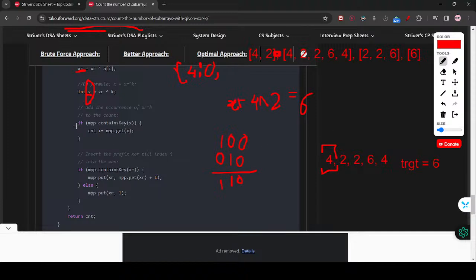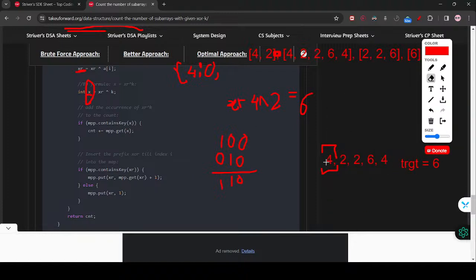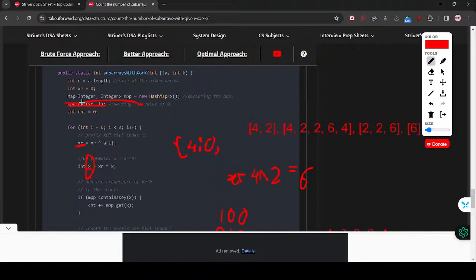Now our XR is of this value and our K is 6, so 6 XOR 6 results in 0. As we had previously stored 0 at position 1, I should have written it over here also. 0 occurrence is 1,